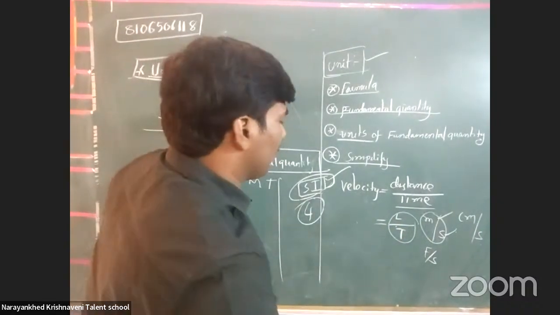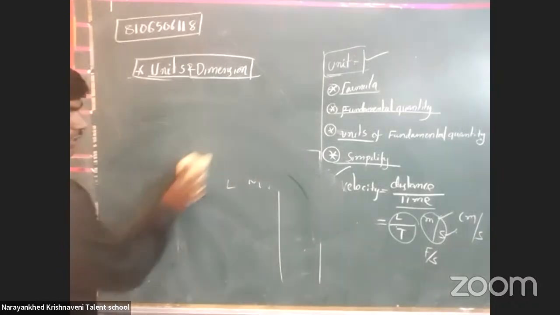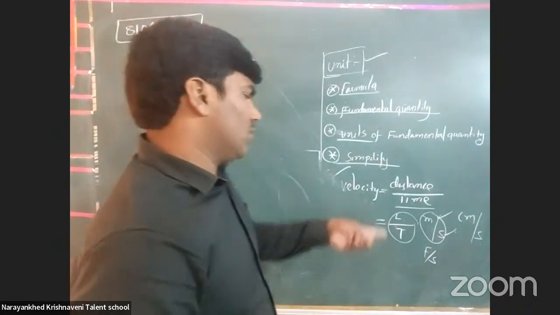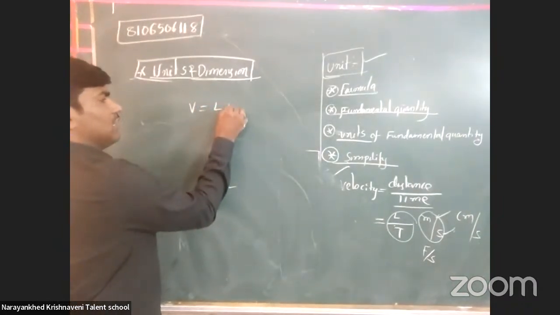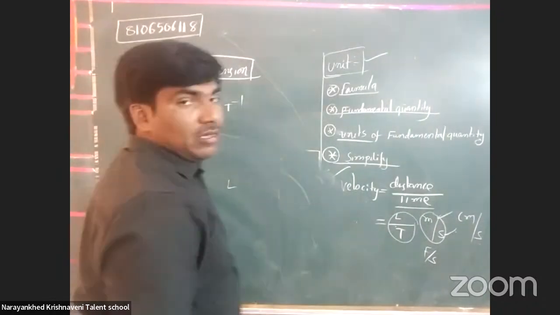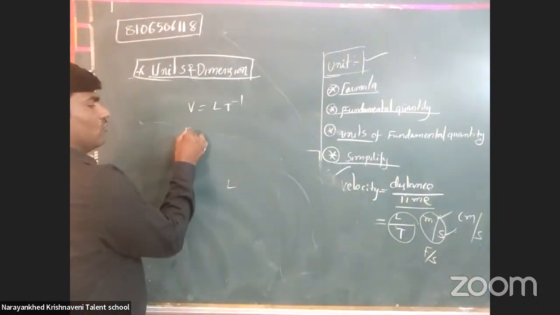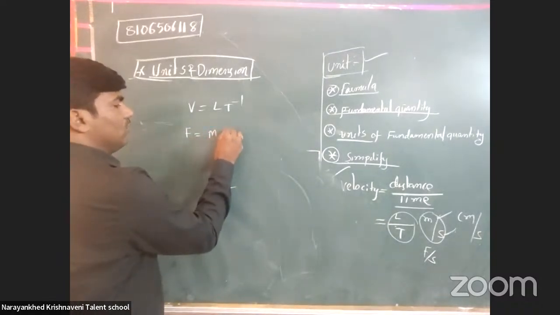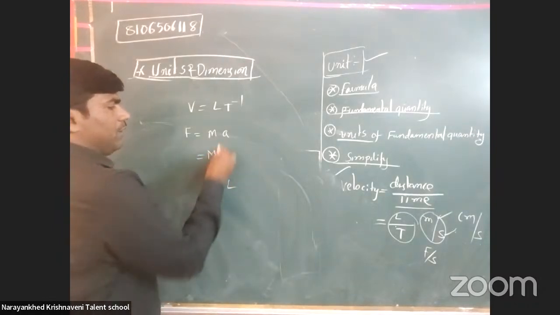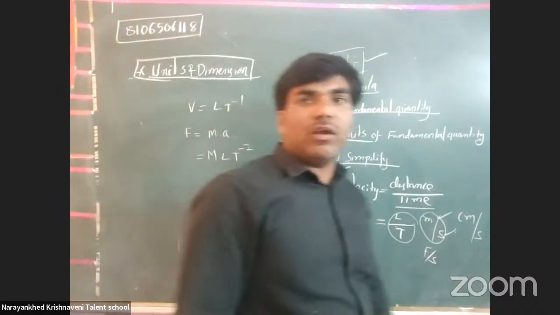And for this purpose only, we have to take the dimension also. The dimension shows what numerical powers are there for the fundamental quantities in a physical quantity. Suppose the same thing, velocity: its dimension is L to the power 1, T to the power minus 1, that is L by T. Clear or not? Suppose you take acceleration and force. Force is equal to mass times acceleration, and here acceleration has T to the power minus 2. This is called the dimensions.